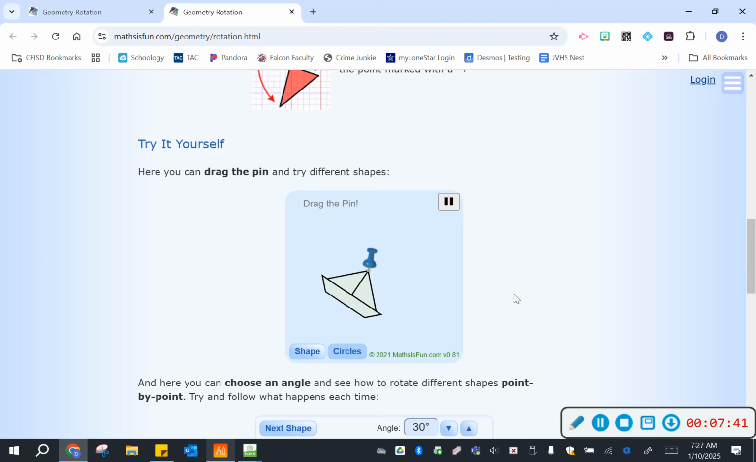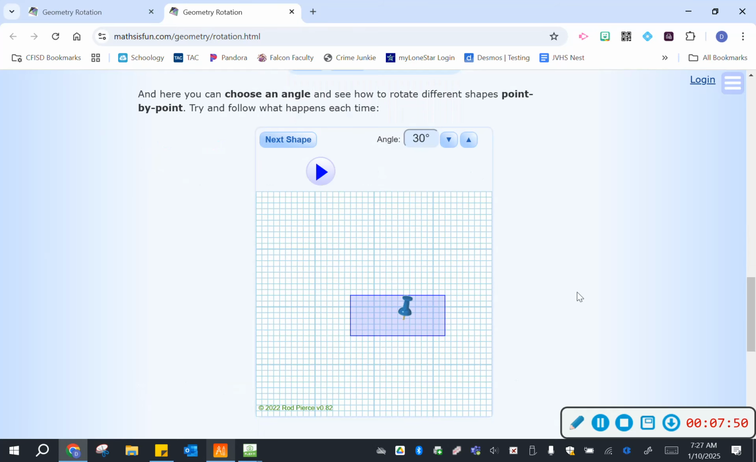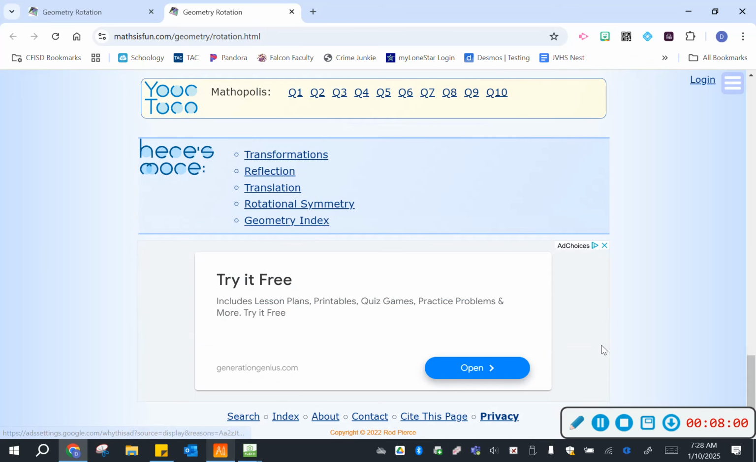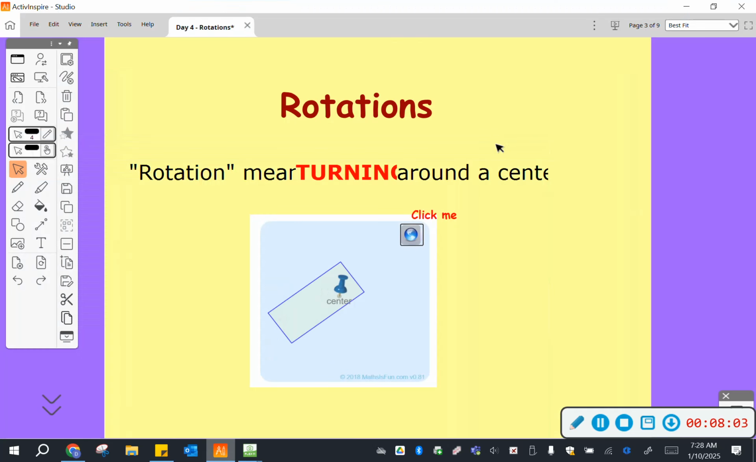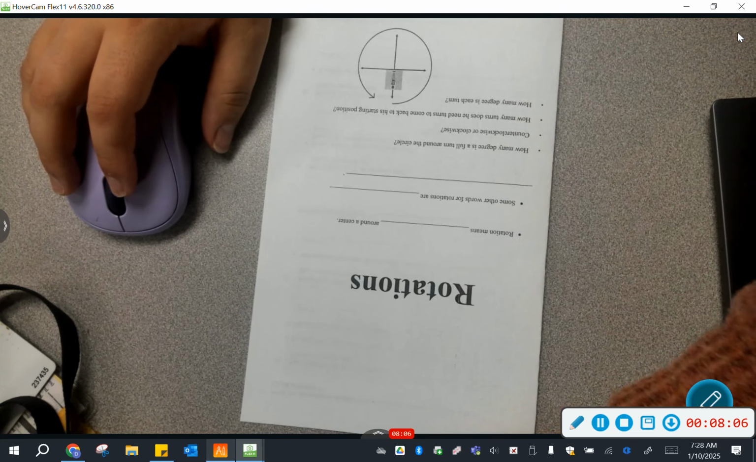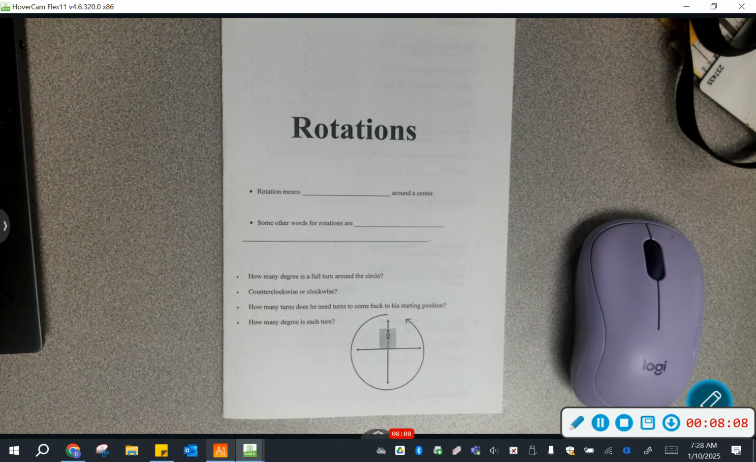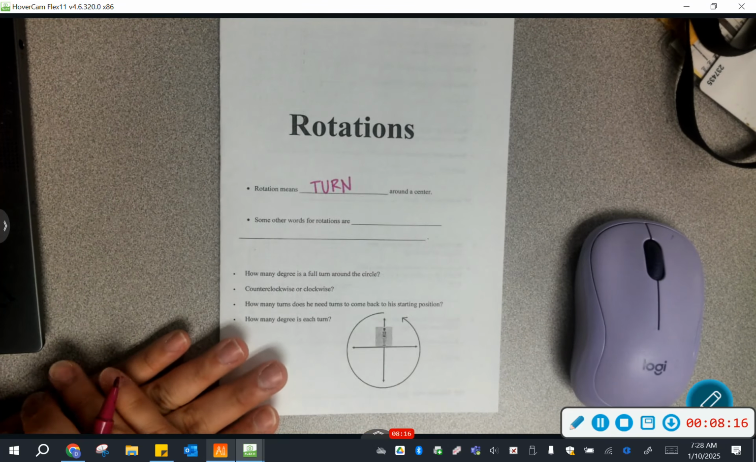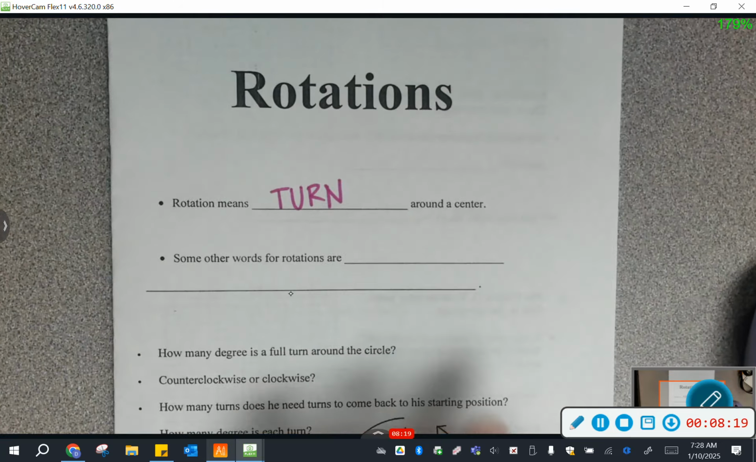Today we're going to be talking all about rotations. What does rotating mean? To turn. So everything that we are going to be doing is going to be turning on our graph. Let's talk about that real quick. Let's go in order before I get ahead of myself. A rotation means to turn around the center. Some other words for rotation are